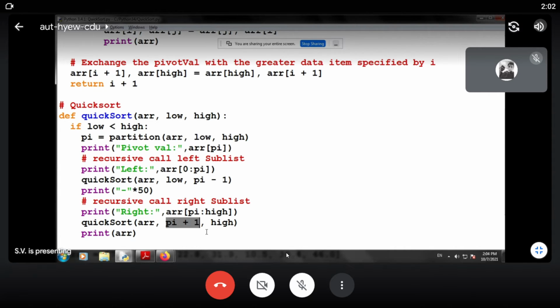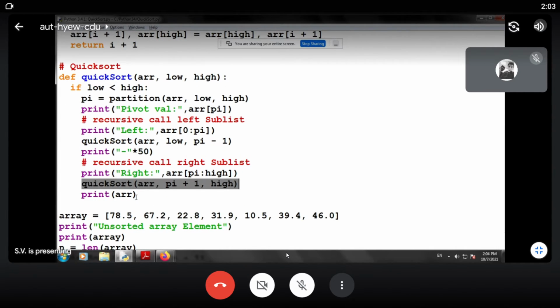So pi plus 1 to high will be the data to be sorted using quicksort. You can just remember two lines which are very important: quicksort of low to pi minus 1, and second, quicksort of pi plus 1 to high, that is the right sublist.